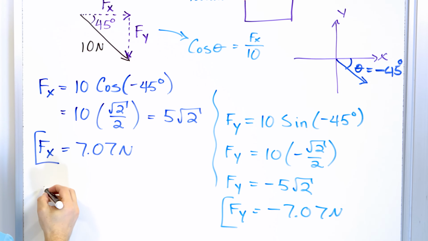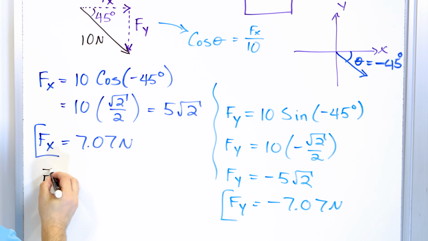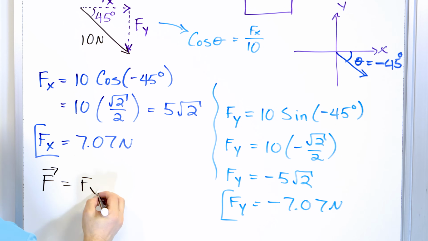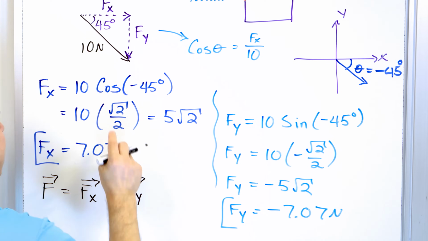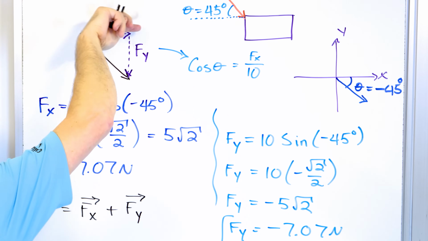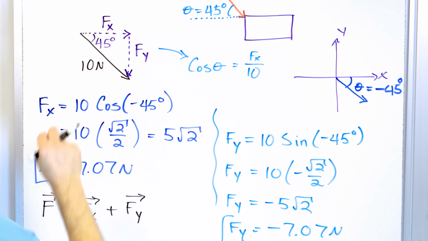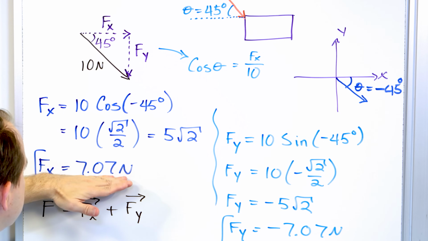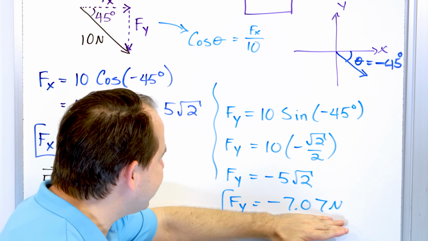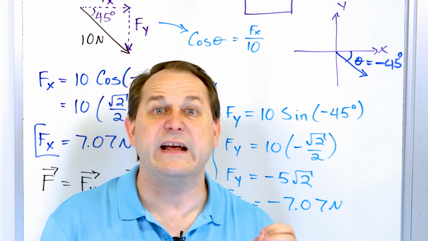So what we can say is that the total vector was really the x vector plus the y vector, because the x vector acts horizontally, the y vector acts vertically, but we can add them together and we get the total force. This is where people kind of bake their noodles, right? Because it looks like you have 7.07, and if you add it to negative 7.07,